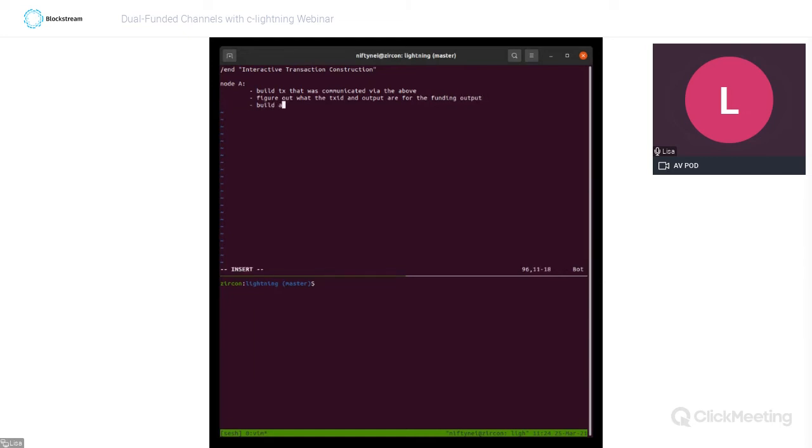They're going to build a commitment transaction for that output that spends that output, and then they're going to send node B their commitment transaction signatures. Okay, so the next thing that node A will send to node B is the commitment signatures. I forget what this is called. But they basically send their commitment transaction signatures to B, and then B should be able to reply